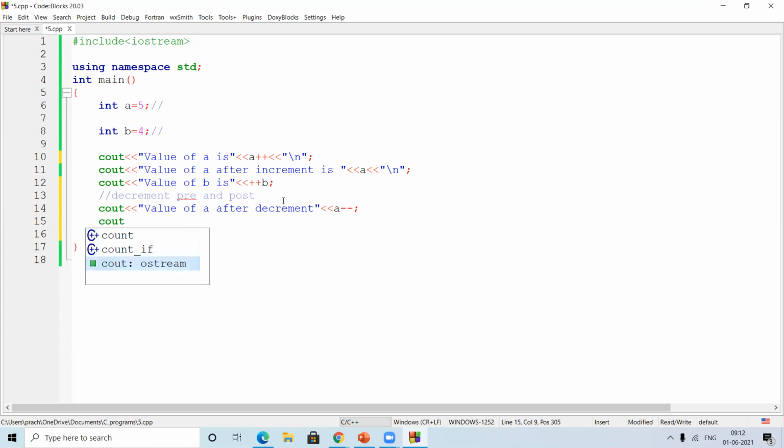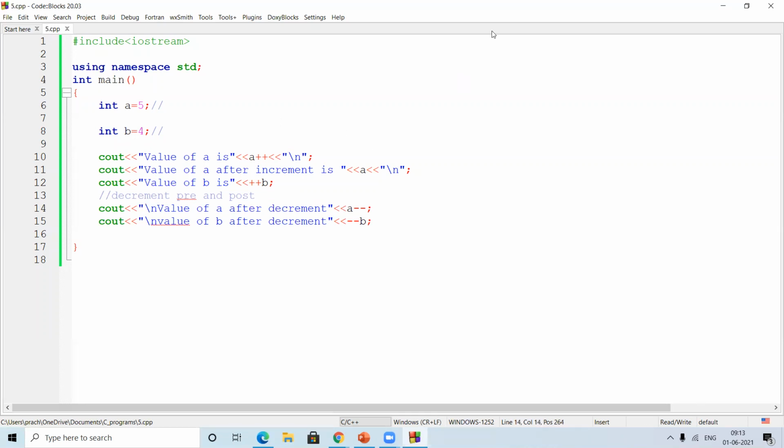And in the next line I'm putting, do not write this. You're going to solve this as a dry run and let me know what will be the value. B, I'm decrementing post. So I'm putting it here. So now if I want to have, I'll just put a slash n so that it will be the next line. Now tell me what will be the output of this whole program?